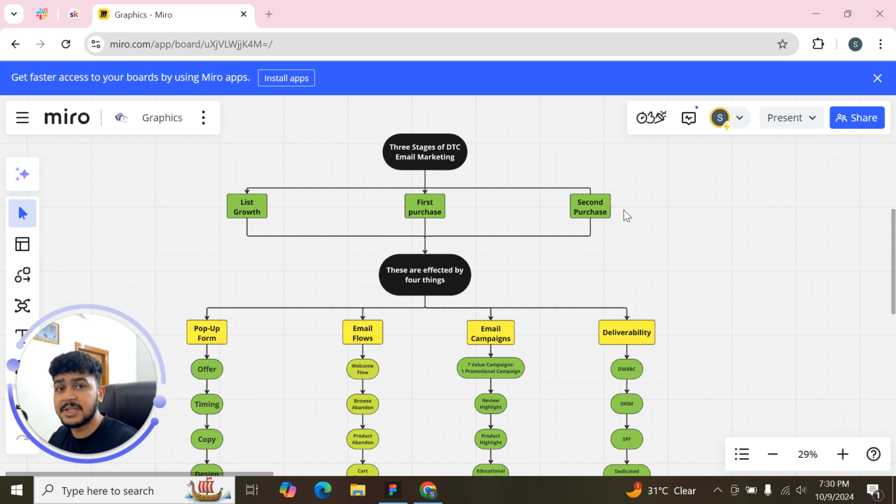This is usually when they check out a product, when they add a product to the cart. So it means they want to buy your product. The intent is there, there is just something that is stopping them. So we deal with these objections by having specific email flows or automations at every single stage of your customer